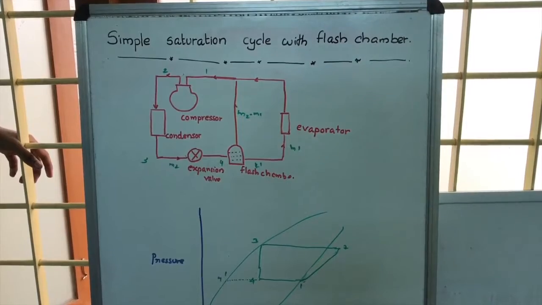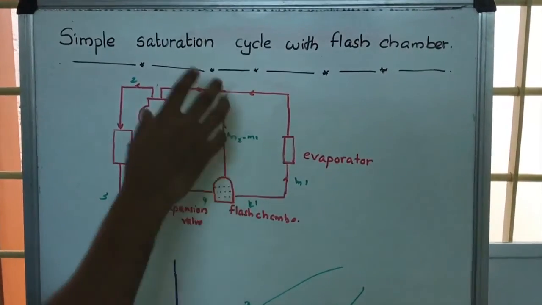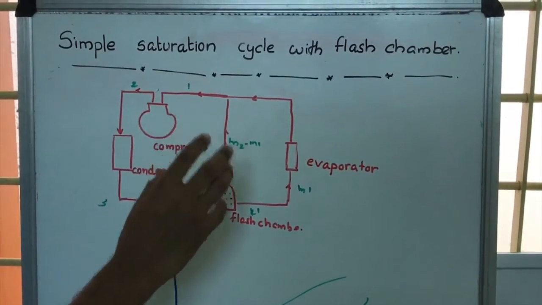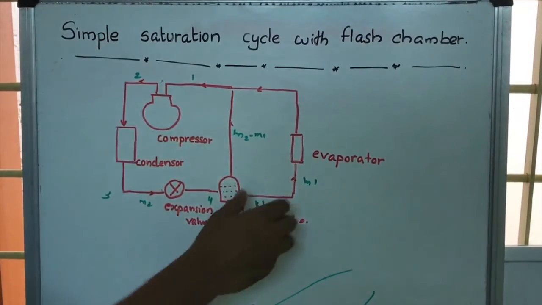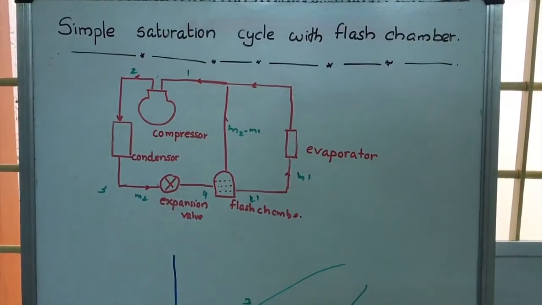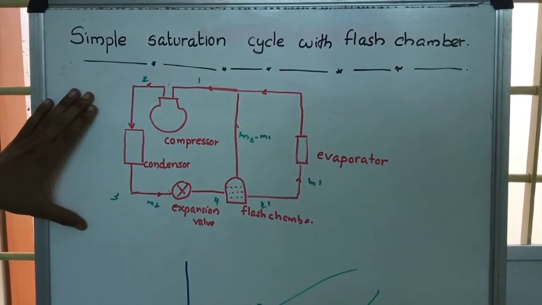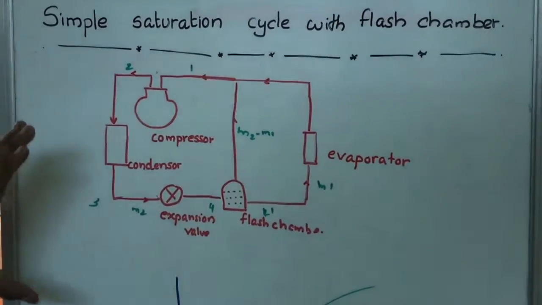Simple saturation cycle with flash chamber. This is the diagram of a simple saturation cycle with flash chamber. If you avoid this flash chamber and this line, you will get a simple saturation cycle. And this particular diagram represents a sequence of processes which is used for a refrigeration